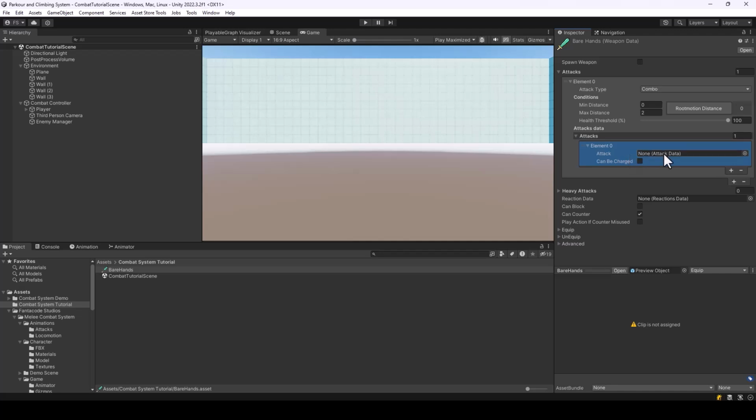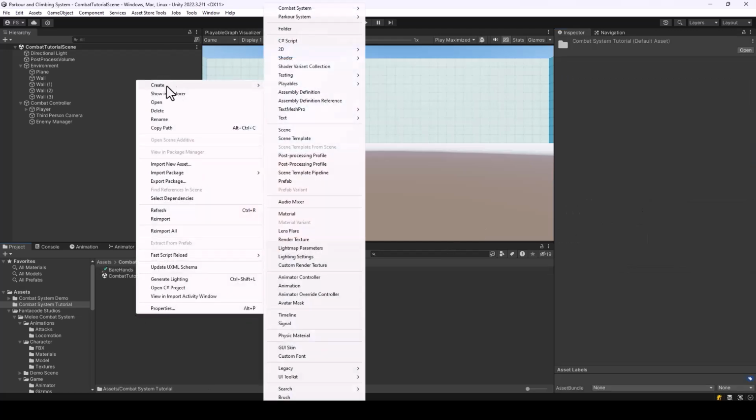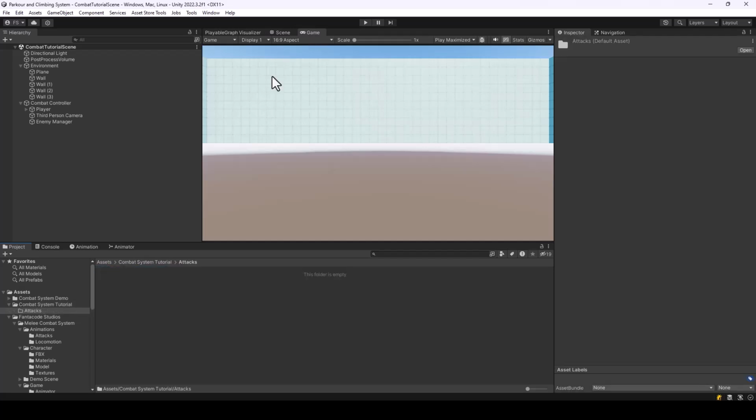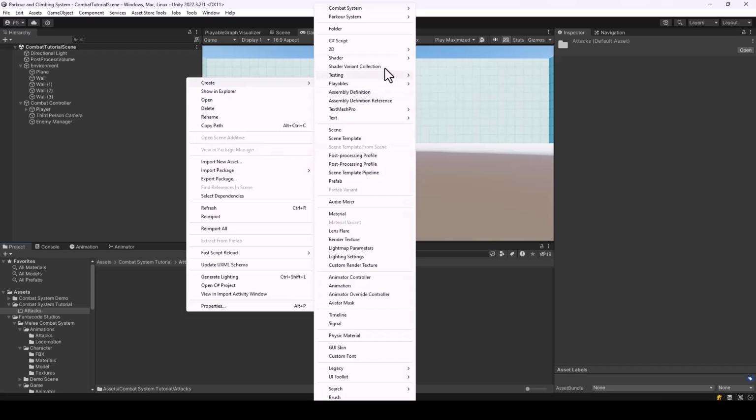Okay, so here we need to assign attack data, which is a scriptable object that contains all the data about an attack. Okay, so let's go ahead and create some attacks. So let me just create a folder to organize things. I'll just create a folder called attacks, and in here I'll go ahead and create an attack from the combat